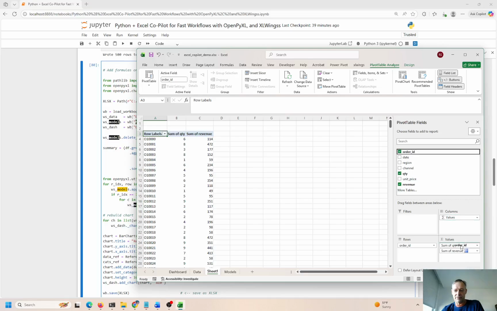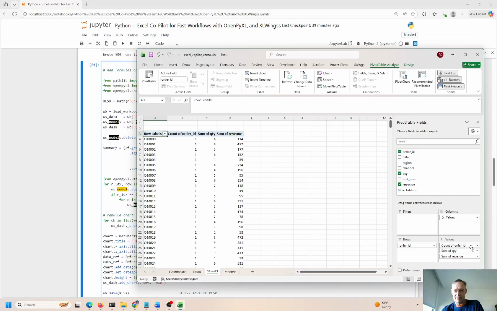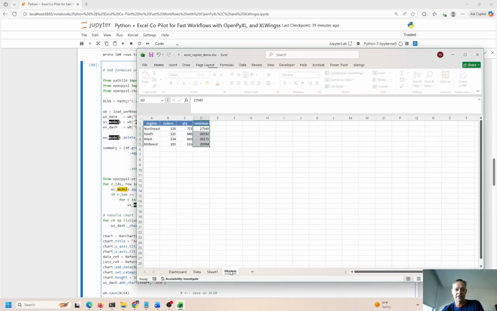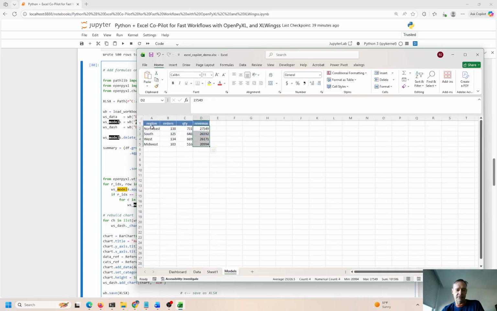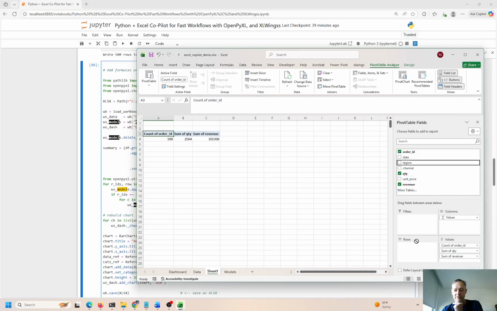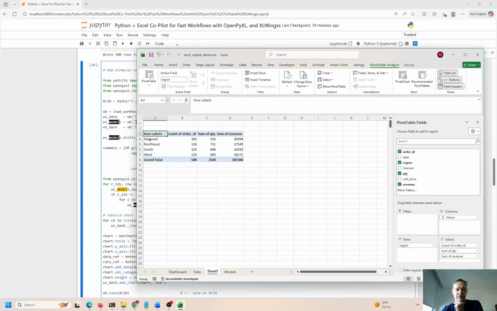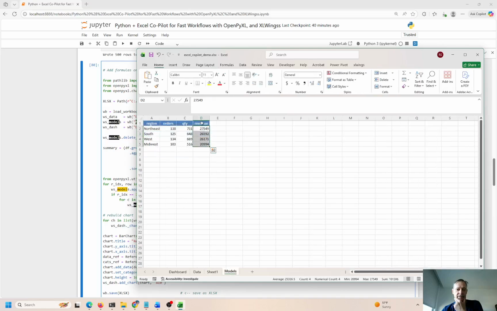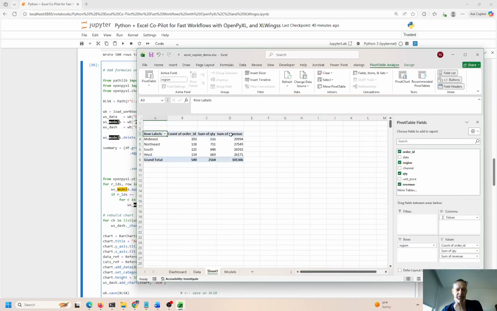And I think we could do orders over here, and this is going to be a count of orders, right? And the sum of quantity and the sum of revenue. So that should pretty much look like what you see here. Oh, they're doing region, right? Okay, so I have to get to region. Sorry, order ID is out, region is in. So we have Midwest, Northwest, Southwest, and I think we're sorting by revenue in descending order. That's what it looks like over here, right? So if I go sum of revenue,